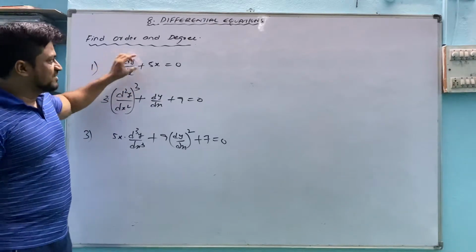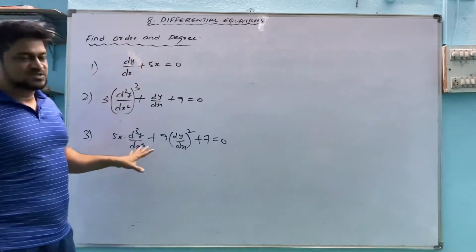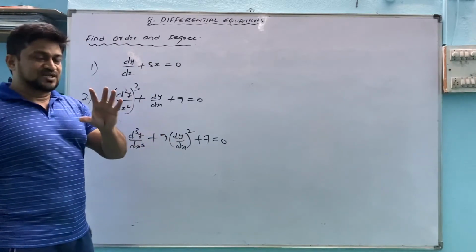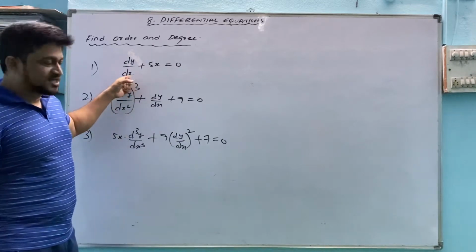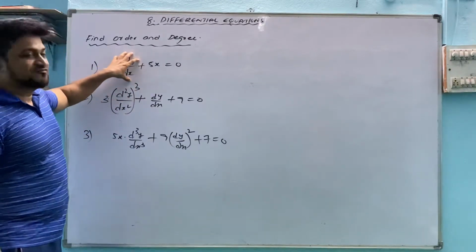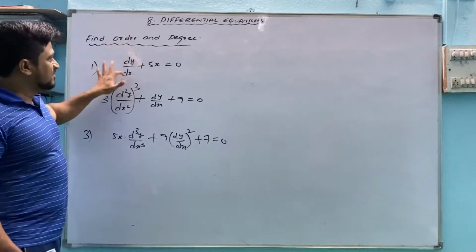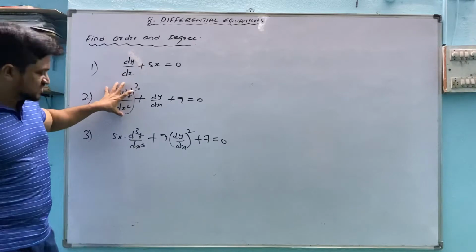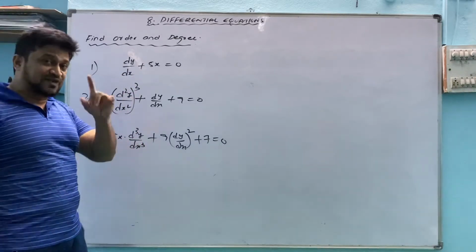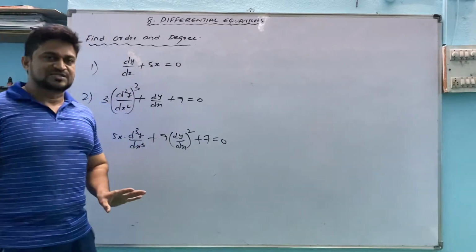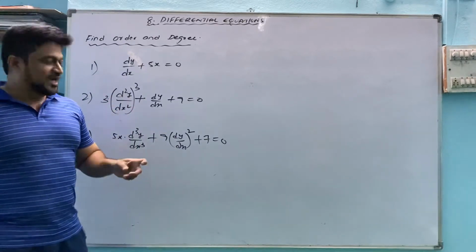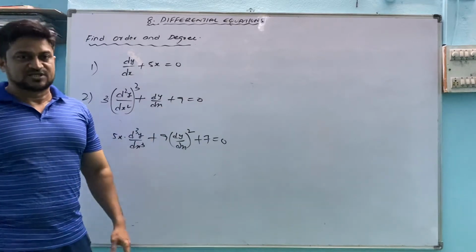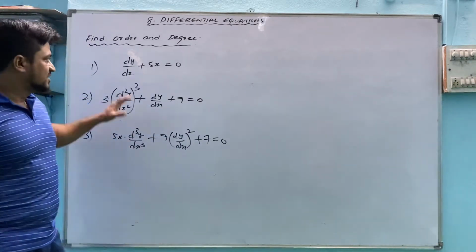Once you find a derivative and equal to, you can think this one to be a differential equation, and then you need to check the function, the differential part, dy by dx or d square y by dx square. This should not have any fractional degree. Fractional degree means power 3 by 4, power 1 by 2, like that. If dy by dx or d square y by dx square or d cube y by dx cube contains any fractional degree, first we have to remove that fractional degree, then we have to simplify. And if it has any logarithmic function, then we can't find degree for the logarithmic function, we can find only order for that one.